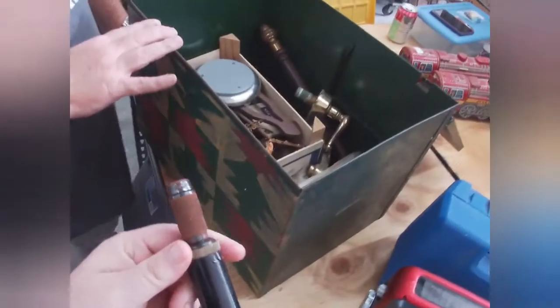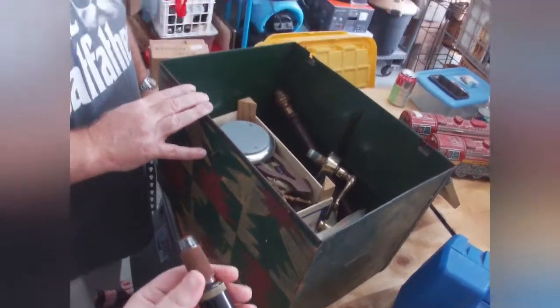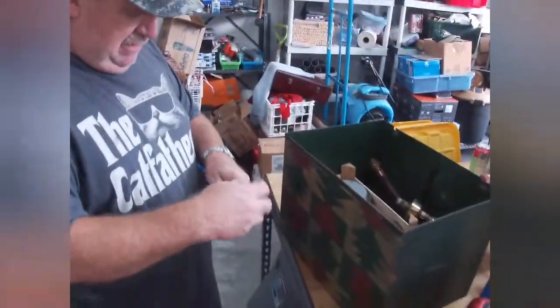Oh, don't shoot me. I think it's a drill. Yankee something, I don't know. Right here. I'm not going to shoot him. Now, he's the one that has a history of shooting me with random...